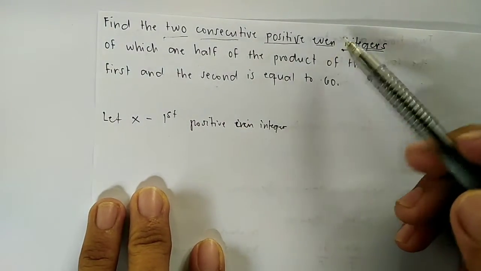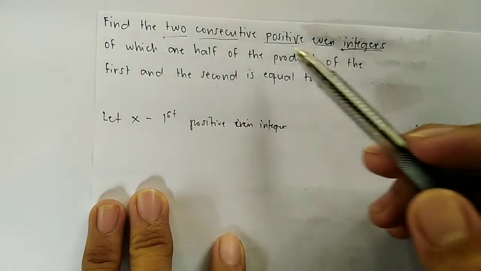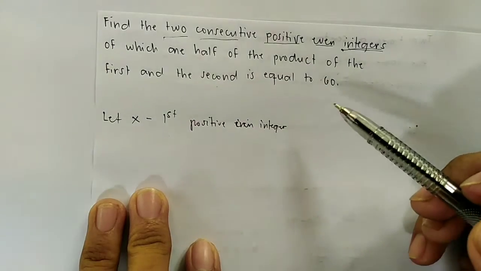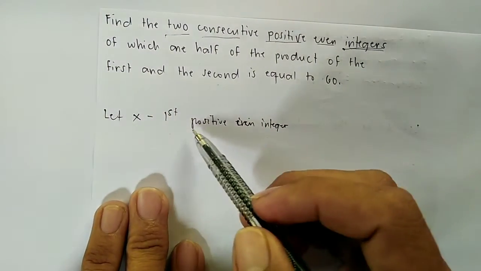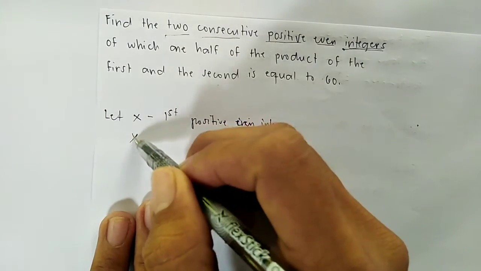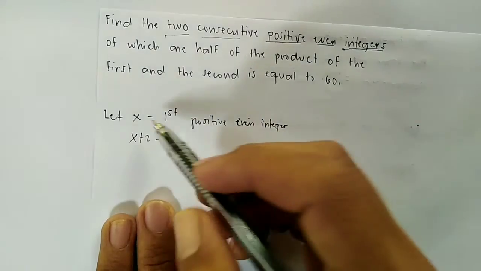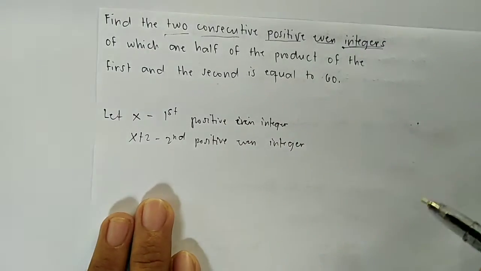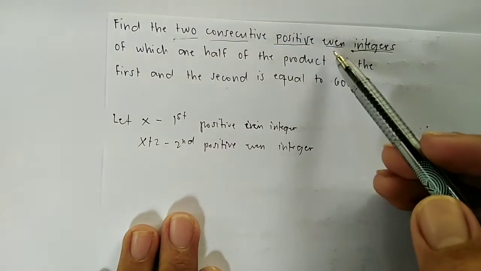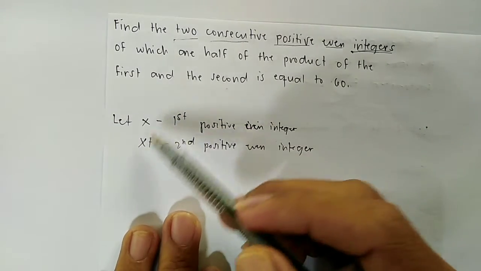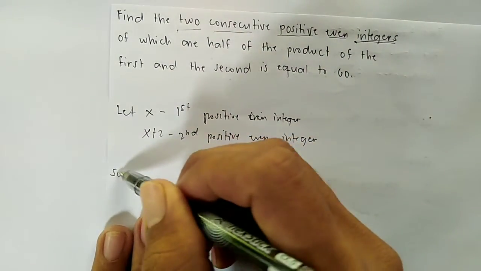Now, we know that every positive even integer can be obtained by just simply adding 2 to the first positive even integer. So meaning to say, since we let x as the first positive even integer here, we are just going to add 2 to the first positive even integer represented by x, and that will become x plus 2. So that will be now our second positive even integer. Since we already formulated the expressions here that will represent the two consecutive positive even integers, we can now formulate